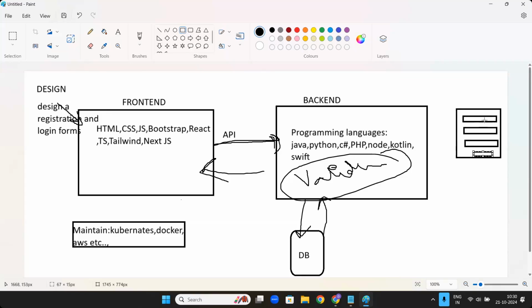Now, this is just designing. But will it come out automatically done? No. Designing is like people will create some kind of image for a rough idea. After this rough idea, I will give it to front-end people. You are the front-end guy. I told you I want a site like this. Okay. After that, front-end people